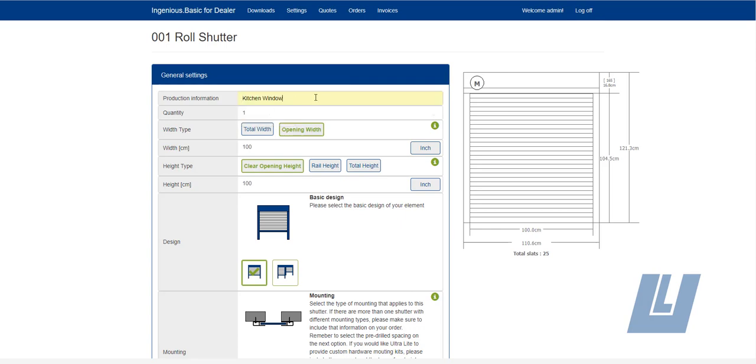Product information, just to identify this shutter. If you have a quote with 20 shutters, you want to make sure that you're laying them out: kitchen window, living room left, living room main or center, living room right, master bedroom, master bathroom, things like that. Quantity: if you have 3 large bay windows, you can measure the dimensions of one, double check the dimensions of all the others, but if they're identical, you can just have your quantity set to